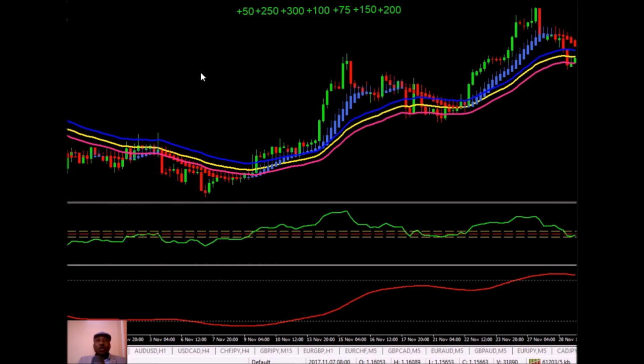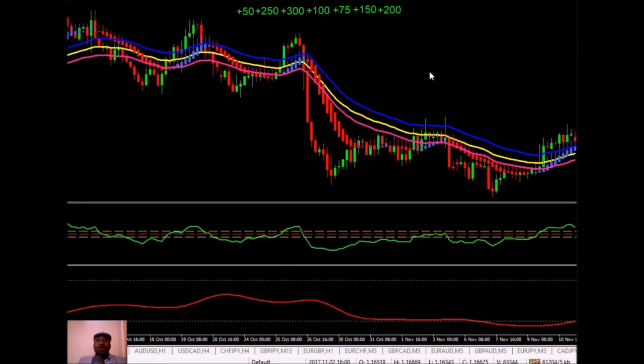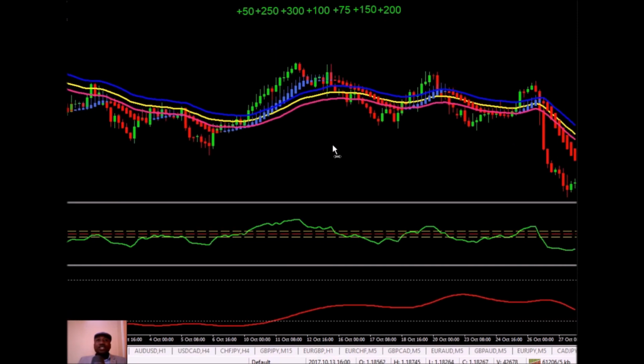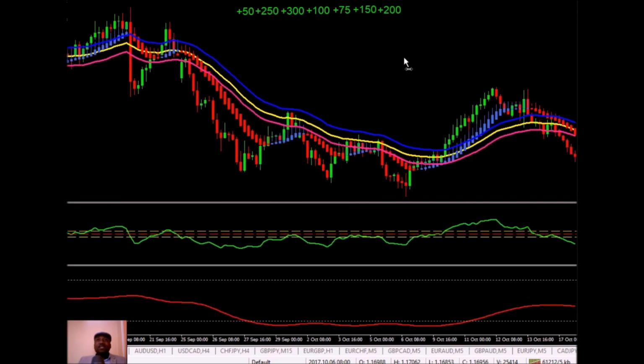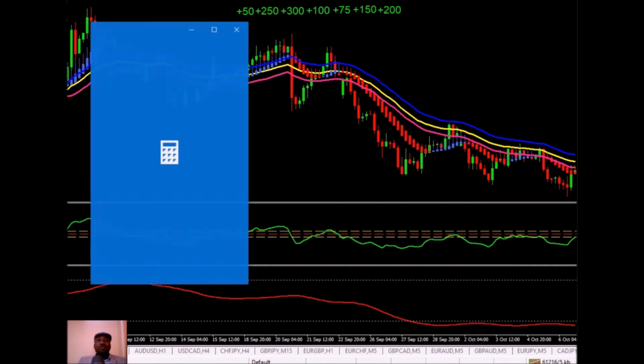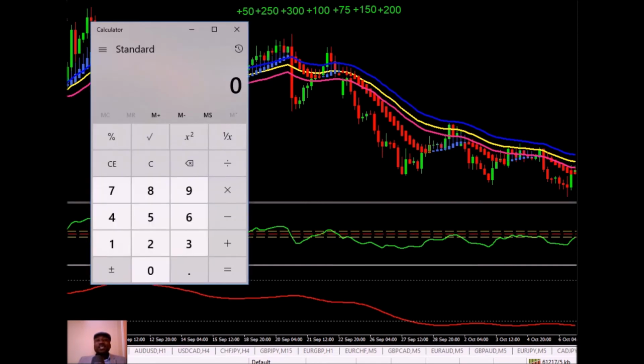We can go on and on and on looking for signals. You can see even here there's a signal here, but we don't want to keep going on and on, right? So let's just calculate this one, and you will see how this profitable strategy is helping me to make pips from the market. Now the first one is 50 pips